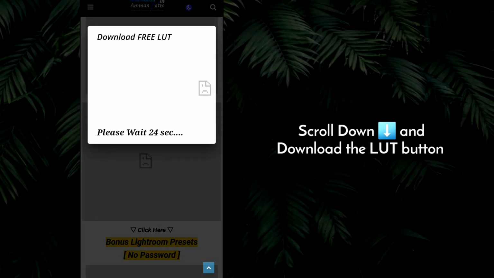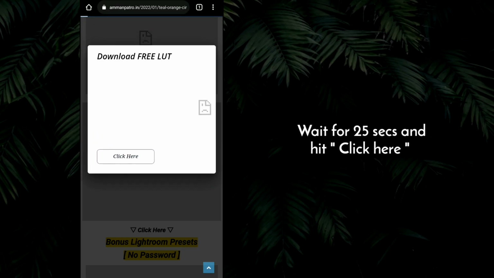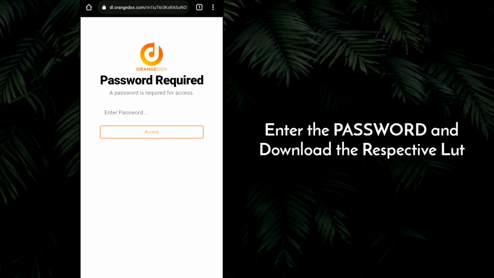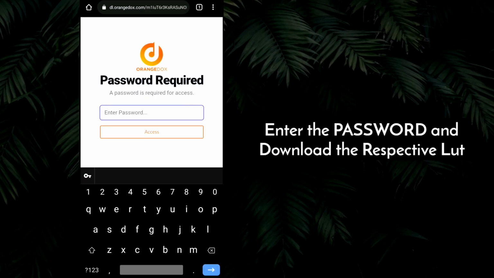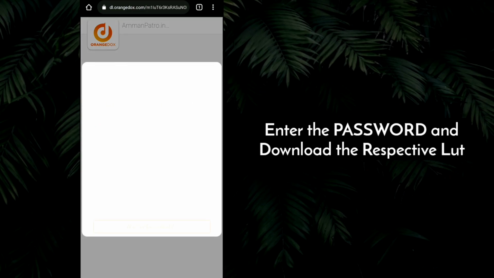Click that and please wait for 25 seconds. Now you can click here. Now type the password you got from the video to download this cinematic LUT. Yes, now you can see the download symbol. Please press that